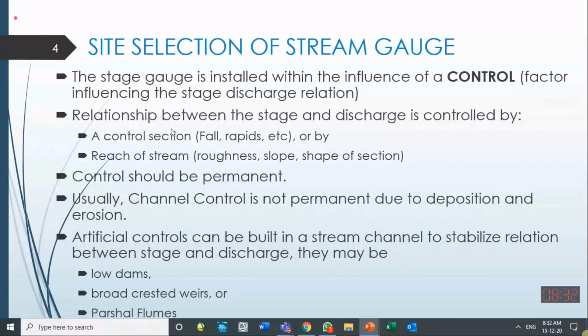Initially, you should know the factors controlling the relationship between water level and discharge. What is the factor which controls the relationship between the water level in the stream and the discharge, the flow rate? There can be two factors, and the factor which controls this, we say